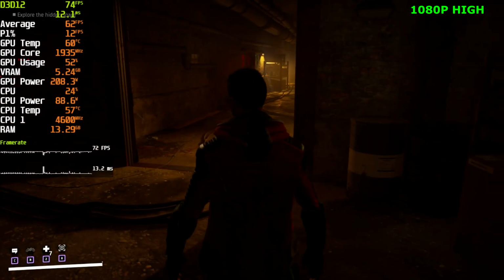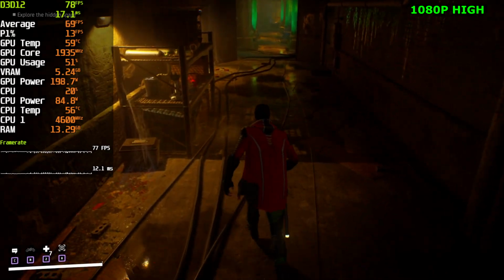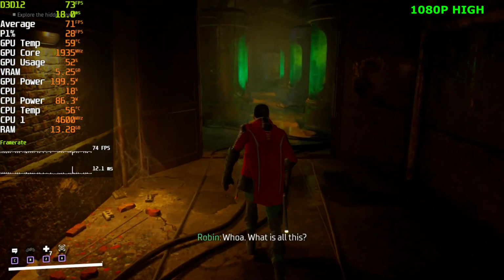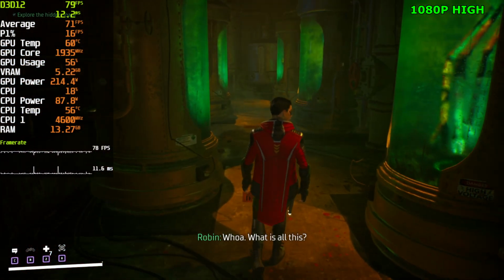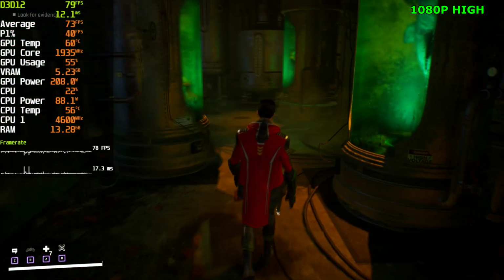Mouse is also bugging out as well at this point. It's spinning around. But as you can see in the reflections on the ground, it does look way better. This is stuttering really badly now though. It's actually pretty unplayable. I don't know how long I'll keep this on, but...